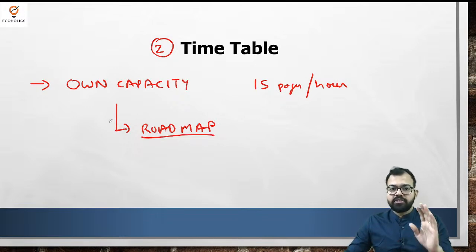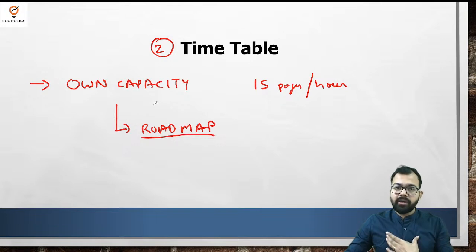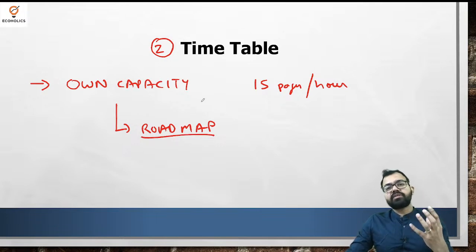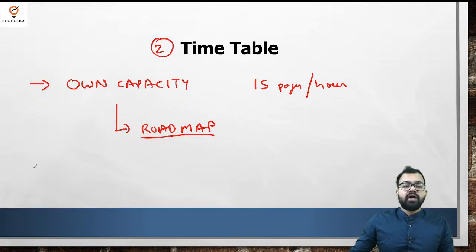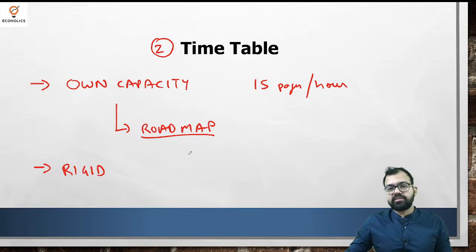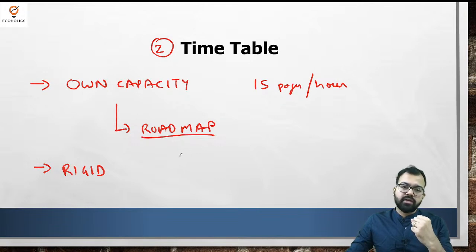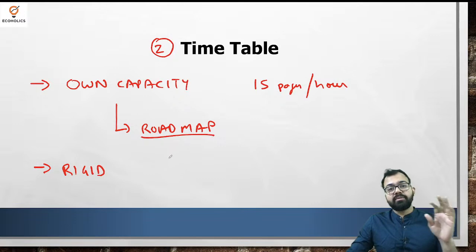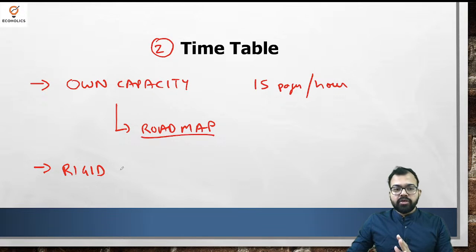गेटिंग माय पॉइंट? जब हमने अपनी ओन कैपेसिटी, अपनी खुद की कैपेसिटी जज कर ली, उस हिसाब से हम स्ट्रैटेजी बनाएं. स्ट्रैटेजी बनाने का क्या मतलब है? हम लोग क्या करते हैं, हम जो टाइम टेबल बनाते हैं वो बहुत रिजिड बनाते हैं, उसमें फ्लेक्सिबिलिटी का स्कोप नहीं होता. किसी दिन आपकी तबीयत खराब हुई, किसी दिन आपको अच्छा नहीं लग रहा, किसी दिन आपने सोचा कि आज कुछ और पढ़ने का मन कर रहा है, किसी दिन आप बाहर चले गए, किसी दिन बीमार हो गए, कुछ भी हो गया. There are n number of things can come. So your timetable should not be rigid.